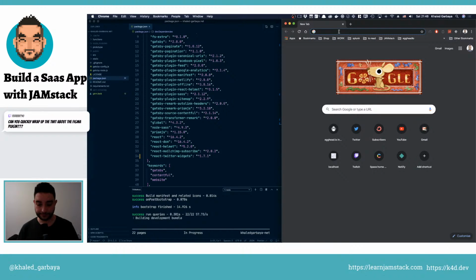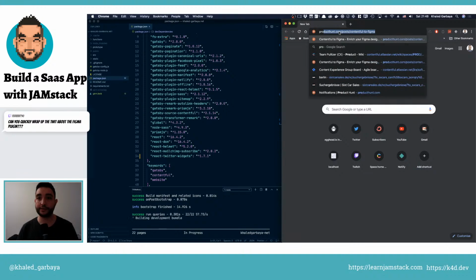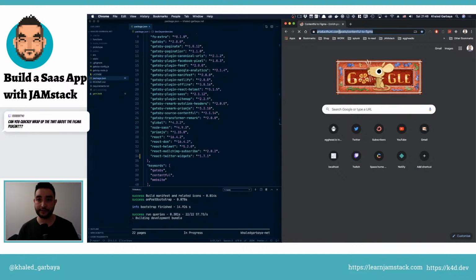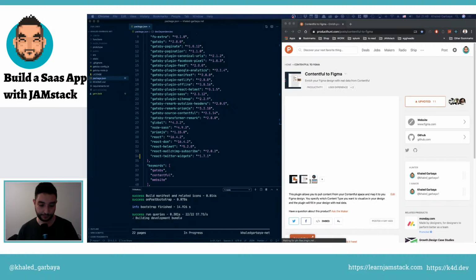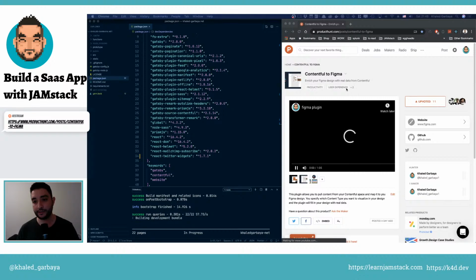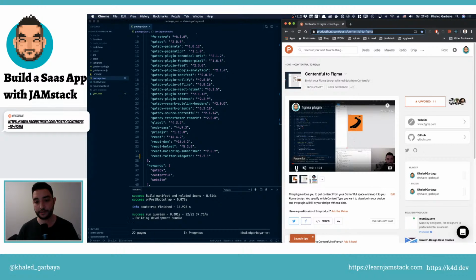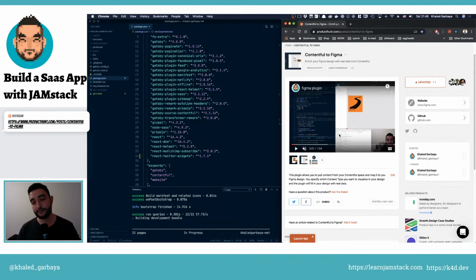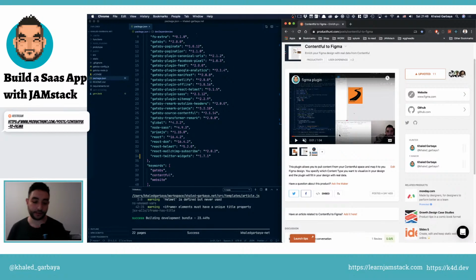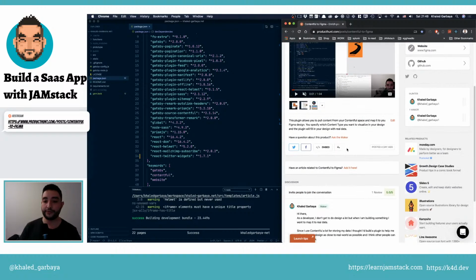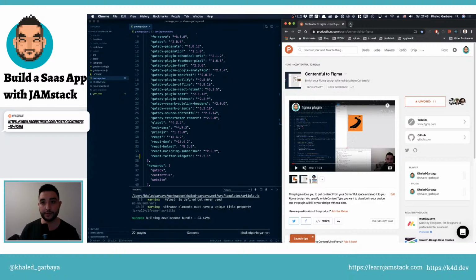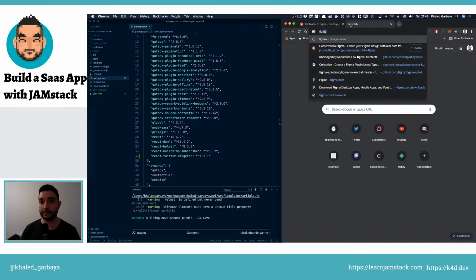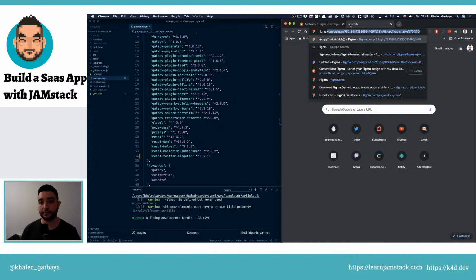Yeah, so about the Figma plugin. Yesterday I launched this plugin. Here's the link. I built it using Vue.js and TypeScript. Figma, if you're not aware, is a design tool and it's built using web technology. If you go to figma.com,